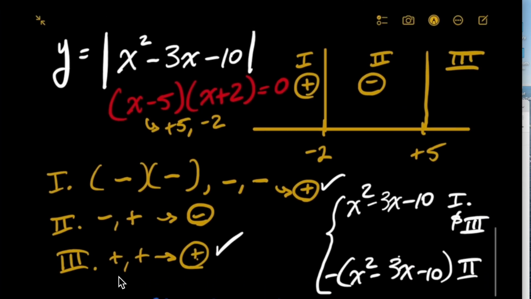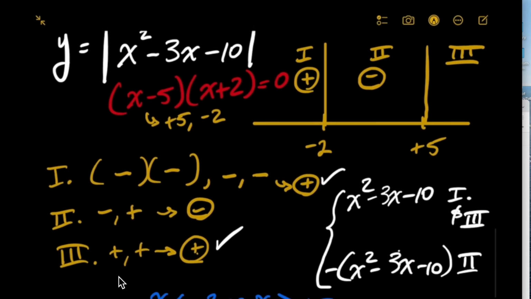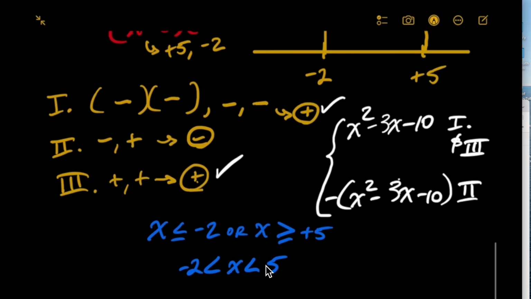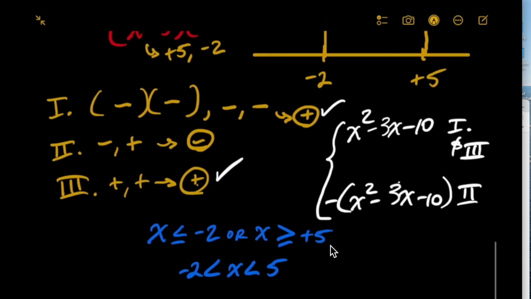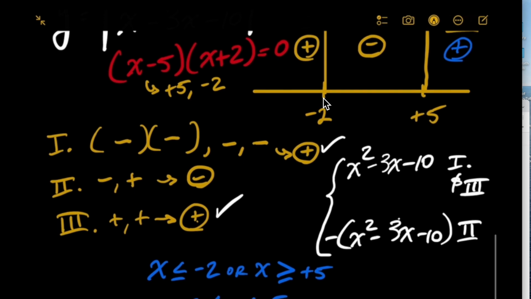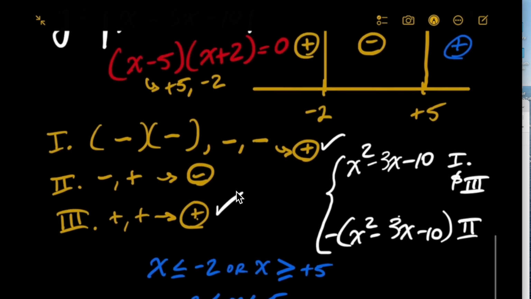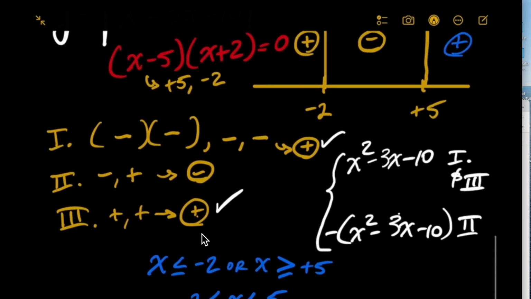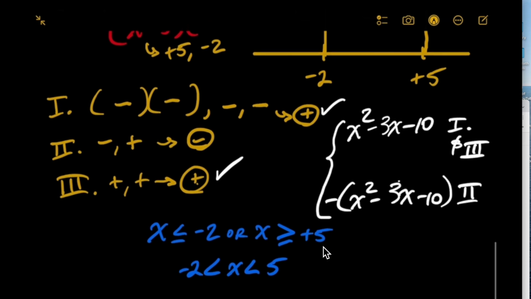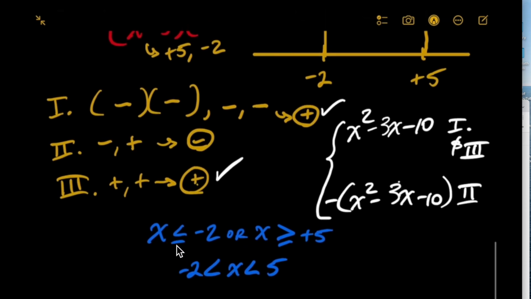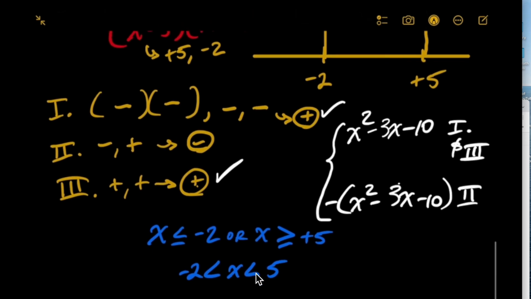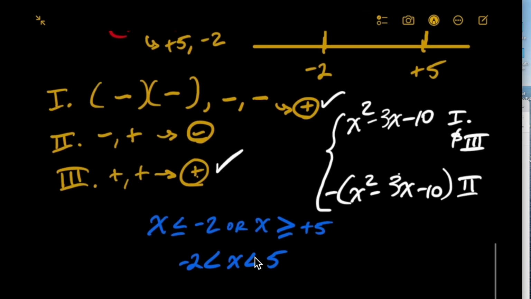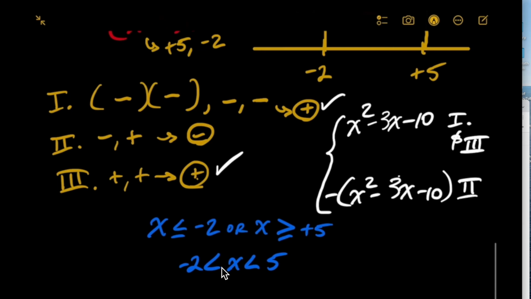Folks, I want to point out something from the last problem we just finished, where we had our 3 zones, and I didn't go ahead and write out this completely, so I just wanted to do that. So zone 1 and zone 3 are both going to be positive, and therefore we're going to have the function exactly as is. So notice when I set x is less than or equal to -2 to depict zone 1, and then x greater than or equal to +5 to depict zone 3, I use the inclusive version of the inequality. However, when x is between those two zones, when we're negative, I just use the non-inclusive form of the